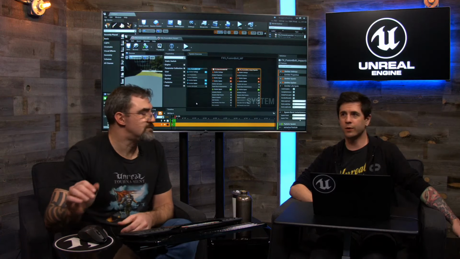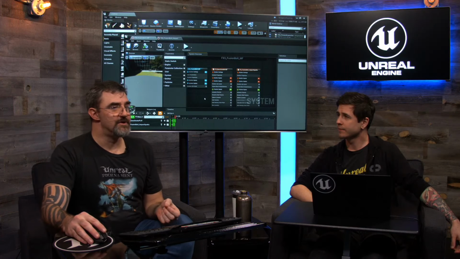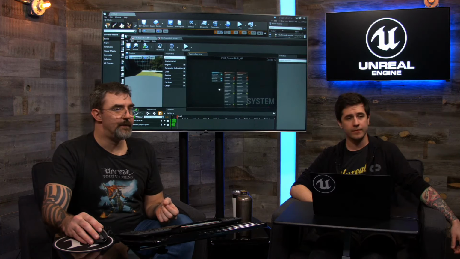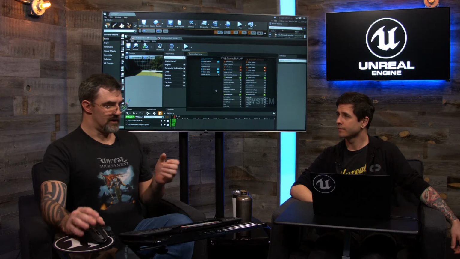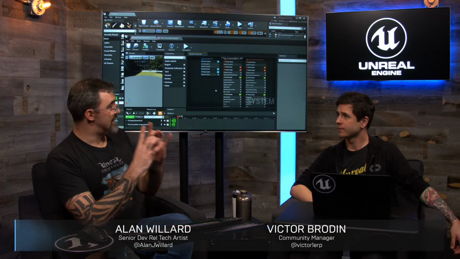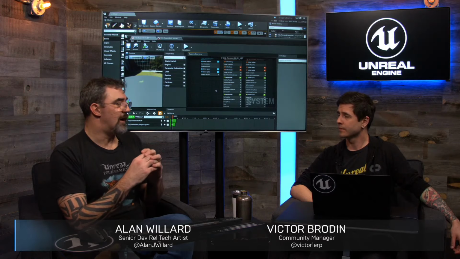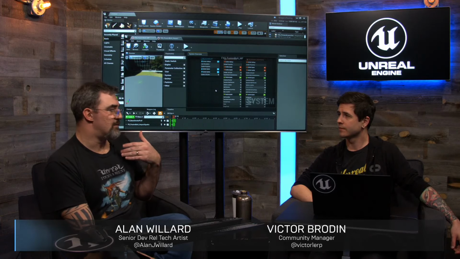Would you consider the workflow similar to material functions? Very much so. The difference being material functions are kind of dropped in and compiled in place. You have to make sure that you satisfy the constraints for that function. While you can have interrelated behavior like that because of events and things like that, the particle systems are much more standalone